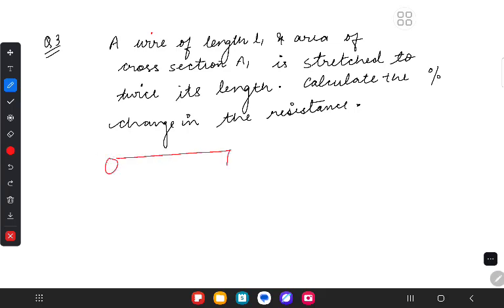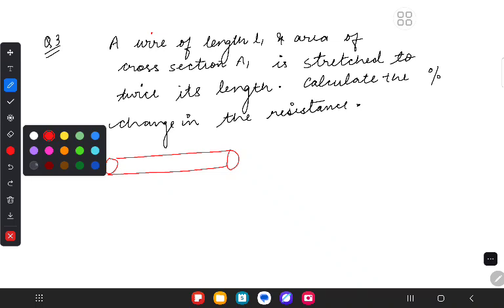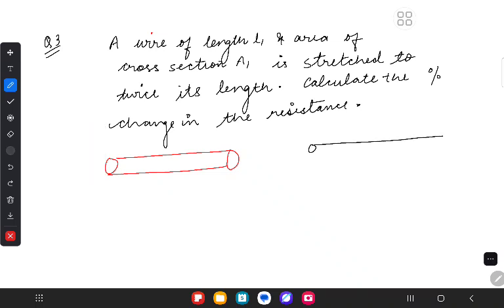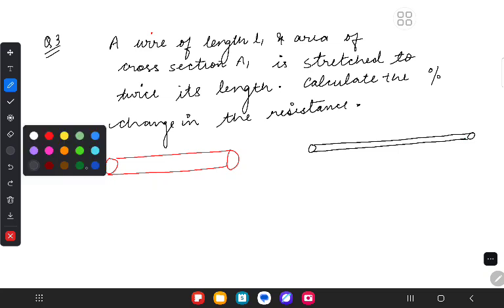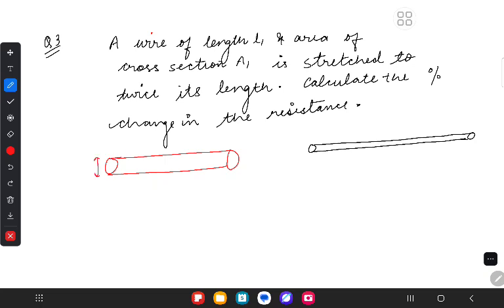So when you stretch a wire, जैसे हम कभी आटे को स्ट्रेच करते हैं तो क्या होता है, आटे का ये एरिया ऑफ क्रॉस सेक्शन तो पतला हो जाता है, लेंथ लंबी हो जाती है। तो इसका मतलब एरिया ऑफ क्रॉस सेक्शन तो हमारा कैसा हो गया, अब एरिया क्रॉस सेक्शन नहीं पता अपने को, पर लेंथ तो डबल हो गई। अगर इनिशियल लेंथ L1 थी तो बाद में स्ट्रेच करके लेंथ 2 टाइम्स L1 है। आर वी अंडरस्टैंडिंग? Yes, ma'am. Yes or no?